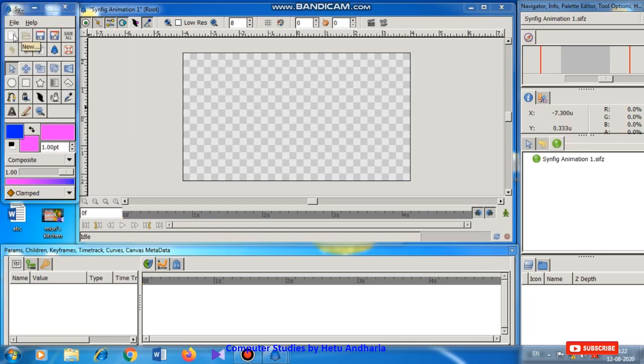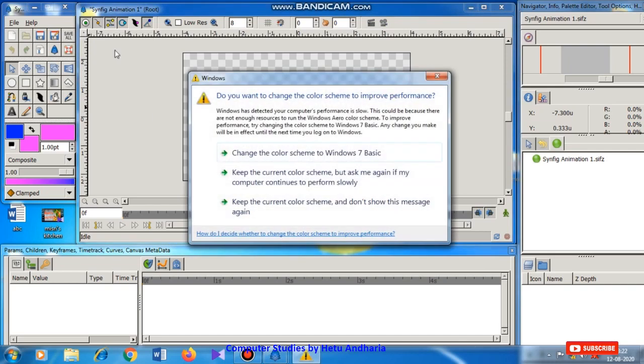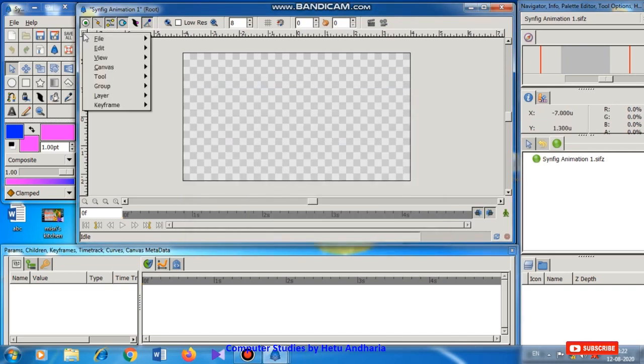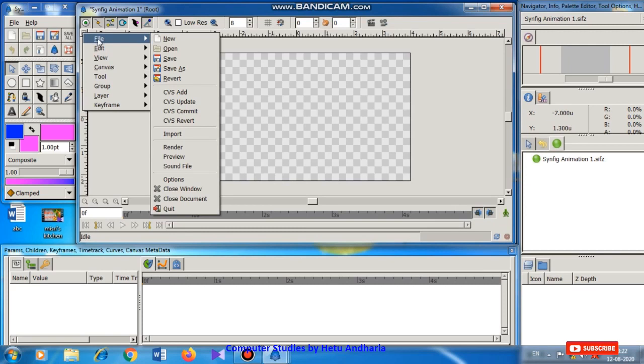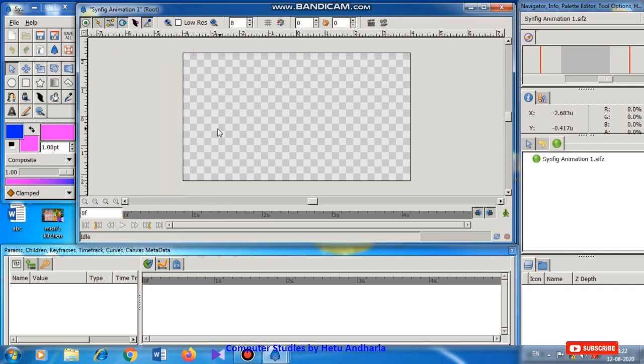Another is by clicking here on this white colored icon, which is also the new option, and it will open a new file. And another way is to click on this small square given here, which is known as the caret sign. Remember the word caret. When I click on the caret, a new menu will open this way. From that you will get the file menu, and from that you can select the new option and open a new file.